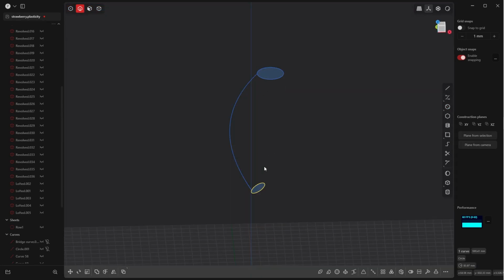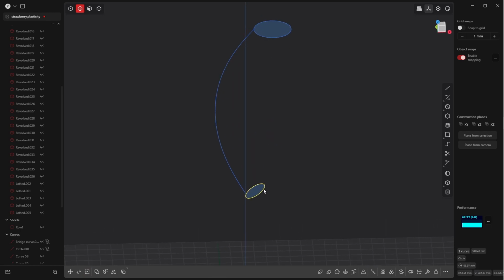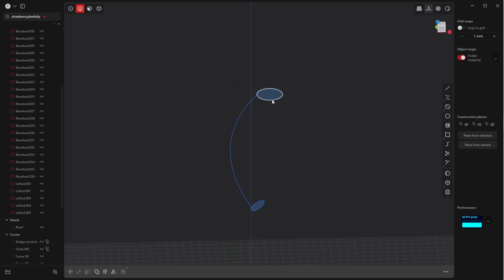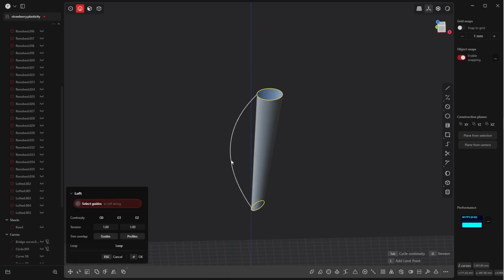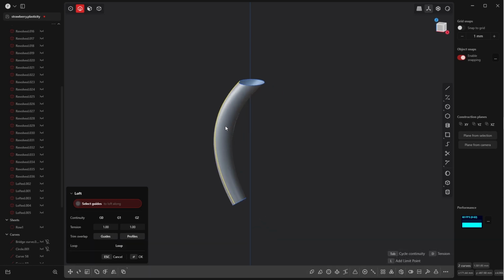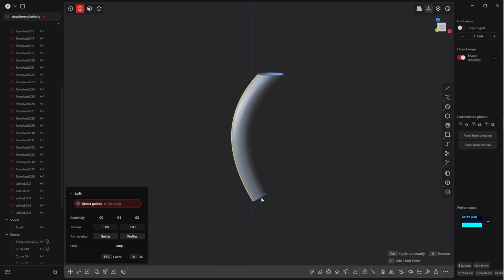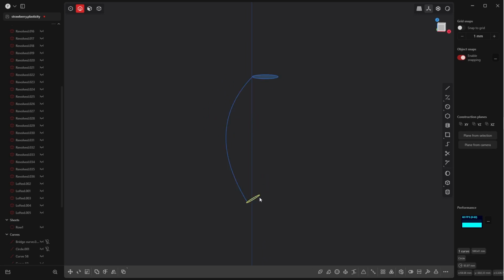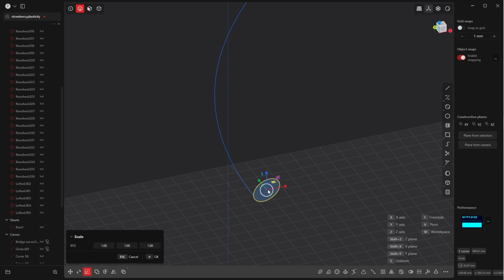Okay, now let's loft these guys. Select these two circles, press L, and Shift select for this as a guiding curve, and we have something like this. But this is too big for me. This can be smaller, this bottom circle. So let's press S, B